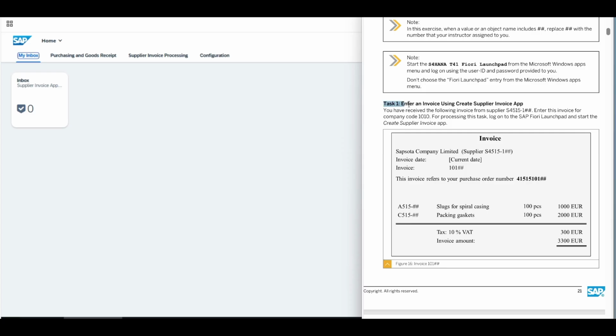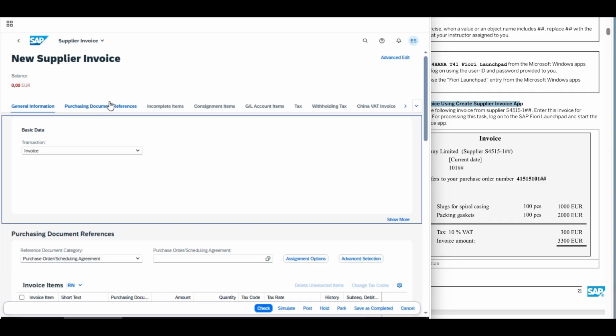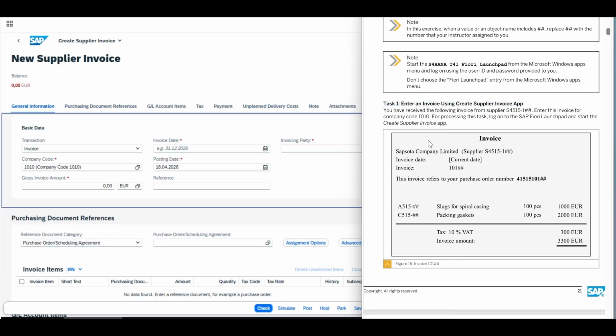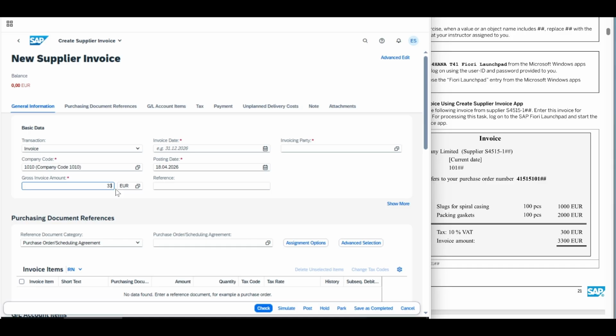Task 1. Enter an invoice using Create Supplier Invoice app. So here we have the 2 apps, Create Supplier Invoice and Create Supplier Invoice Advanced. Enter this invoice for the company code 1010. So, company code 1010, the amount, reference, the date, and the purchase order, which is